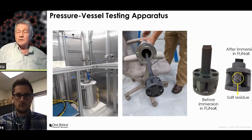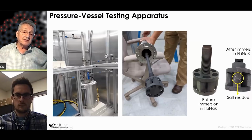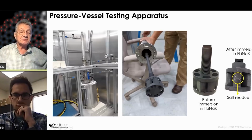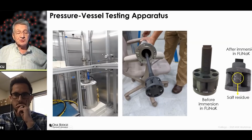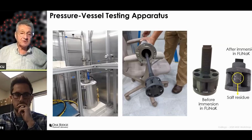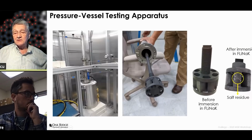Here we have a few photographs showing the dismantling, disassembling phase. You see the pressure specimen holder here and the long rod. And here you see the all assembly in position in the high temperature furnace, which is hosted in a glove box, which is flushed with argon with very low water vapor pressure. Actually, it's dry argon and pure. Here you see the sample holder with specimens, and one after immersion in FLiNaK, there is some salt residues on